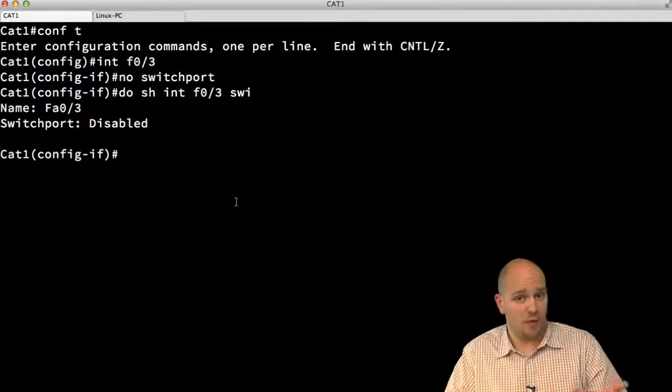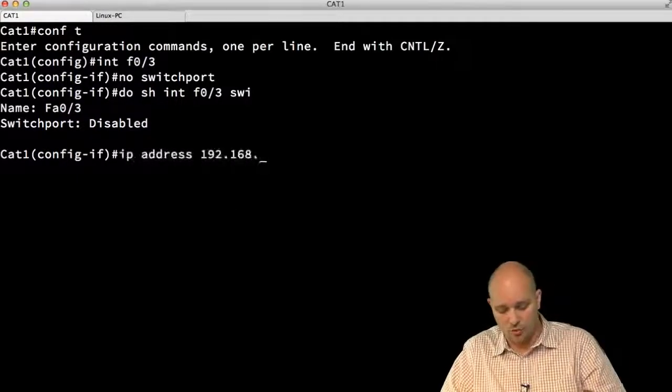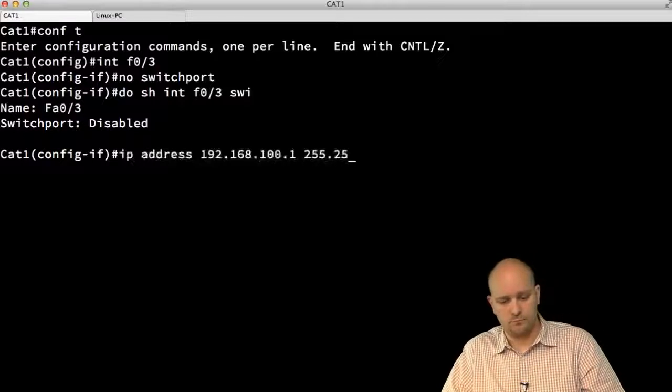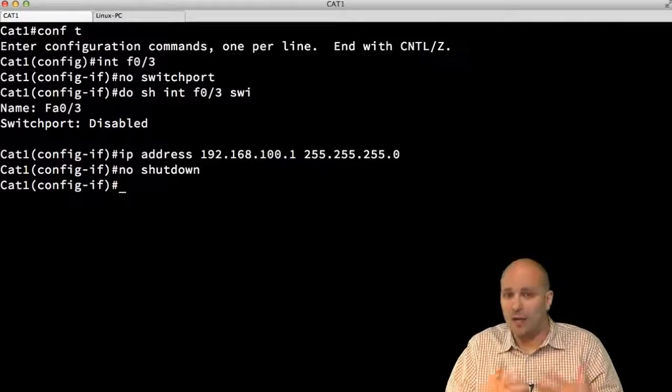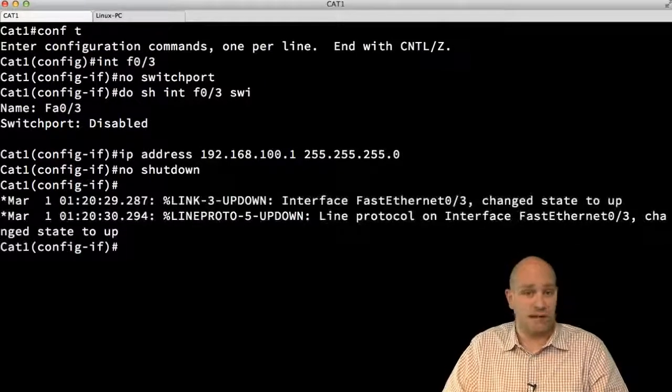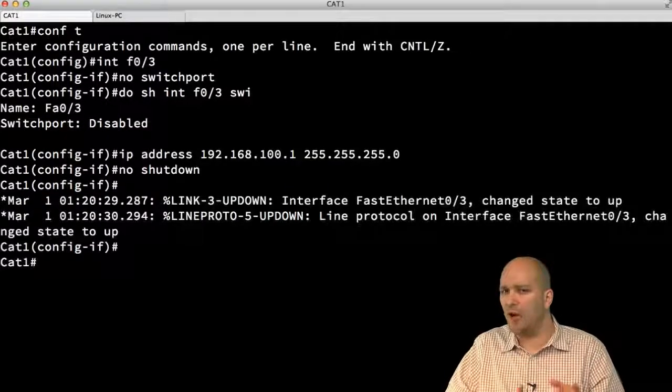This port is down at the moment, but I'm not done configuring it. What I want to do is configure an IP address on this port as well. So I'm going to say ip address 192.168.100.1/24, and I'm going to say no shutdown. When the interface comes up, I should be able to ping my own interface. I should be able to communicate with the other side, but before I do that, I should check my routing